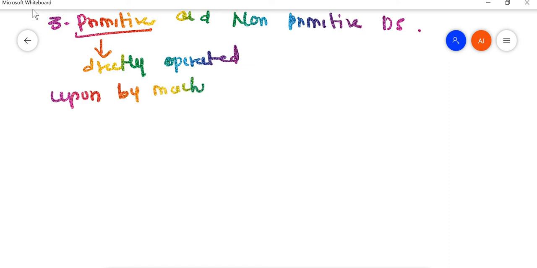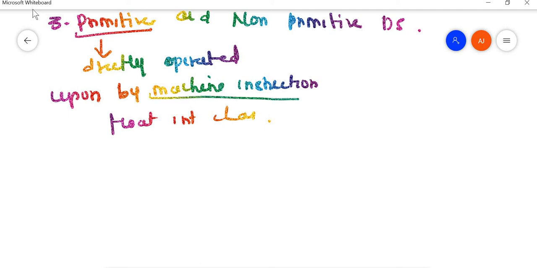So this is at primitive level. For example, if you have studied in C, float, int, char, all these are primitive data types. And non-primitive data structures are not directly acted upon by machine instructions. For example, array, list, file, linked list, etc.